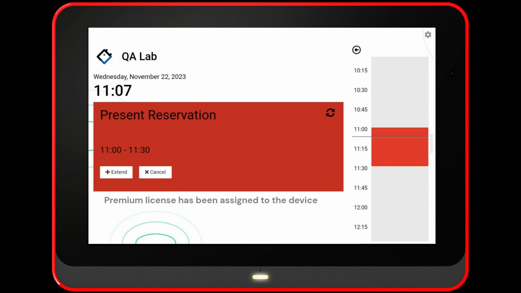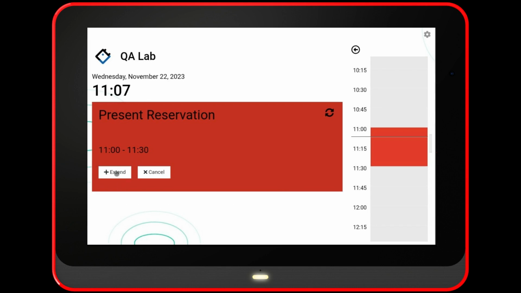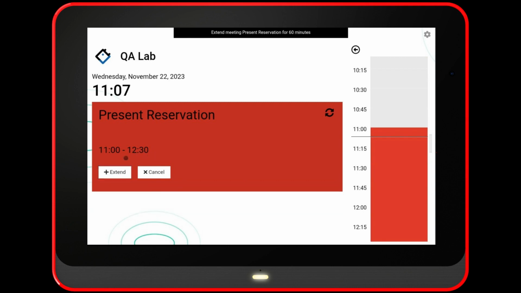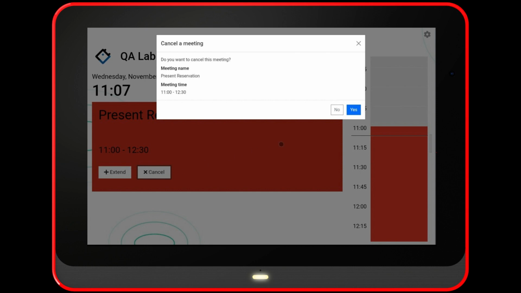Up until this point, you may have been wondering why certain buttons were inactive in the free version. Now, with a premium license, unlock advanced features that empower you to view room status and make on-site changes. This includes extending bookings, freeing up a room by canceling it,